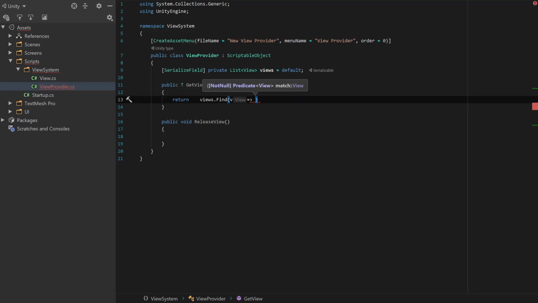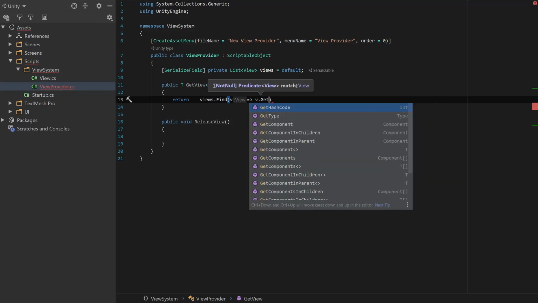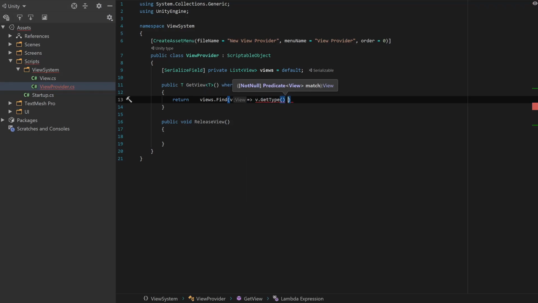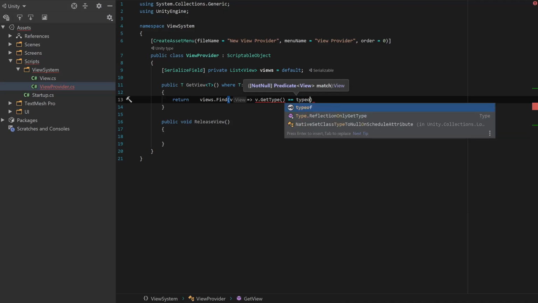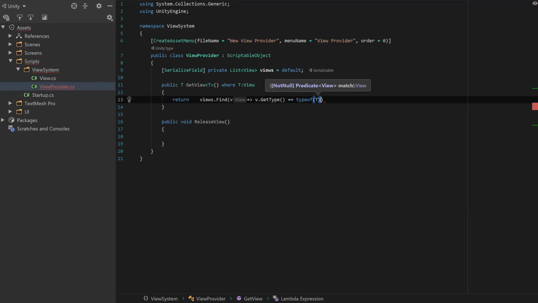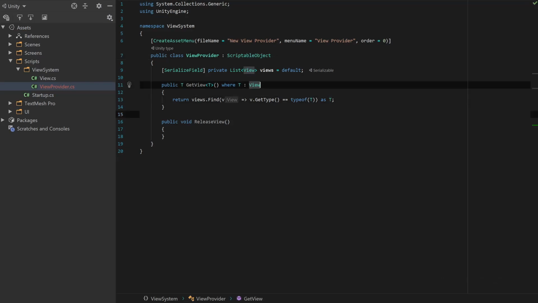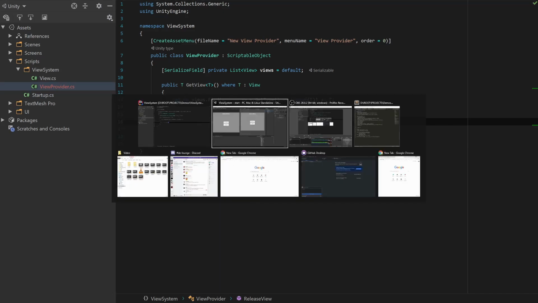where the type of our view equals the type of T. Of course, we will need to cast it to T. Now this will return null if we do not find it, so it is our responsibility to catch this in any way possible. Now, this would be easy if it worked, but this won't because, as I said before,